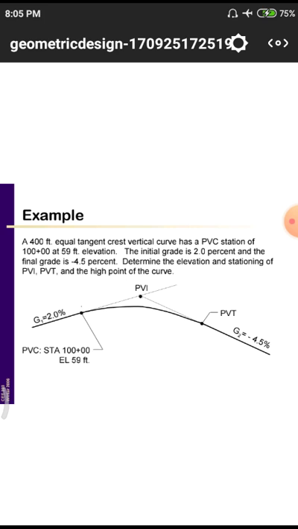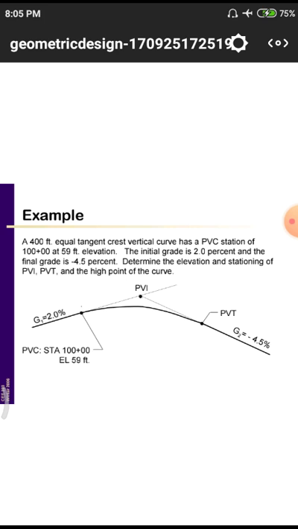That means here G1 and G2, those are the elevations. That means previously we called them gradients. Those gradients normally mean change of height with respect to a particular length, so 2% means 2 by 100. That means for every 100 there is a change of 2. But in the case of G2 we have 4.5, meaning 4.5 by 100. For every 100 there may be a change of 4.5. Likewise we have these gradients on both sides.